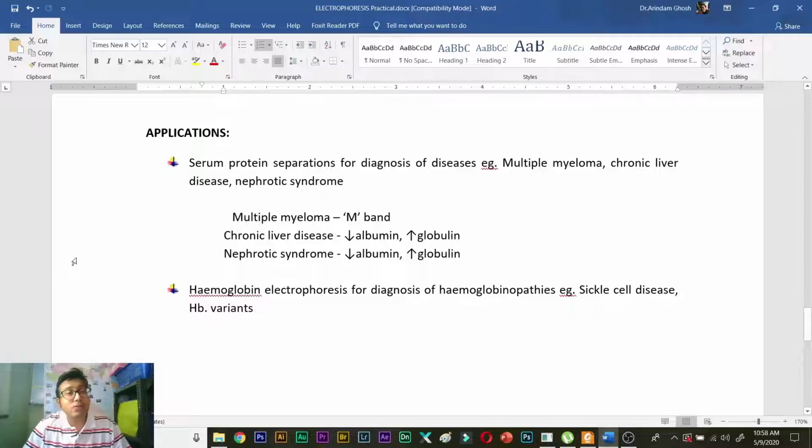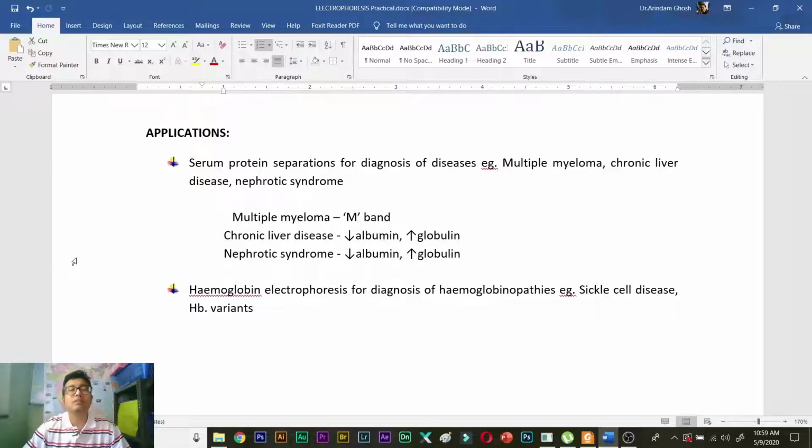So what is the use of serum protein electrophoresis? It helps us to diagnose diseases that can lead to defective serum protein pattern. So what are the diseases? You already know. I told you in the nutrition video, a marker of chronic liver disease is hypoalbuminemia, okay, low serum albumin. So in that case, serum albumin will be very low and other bands will be high, and in multiple myeloma,